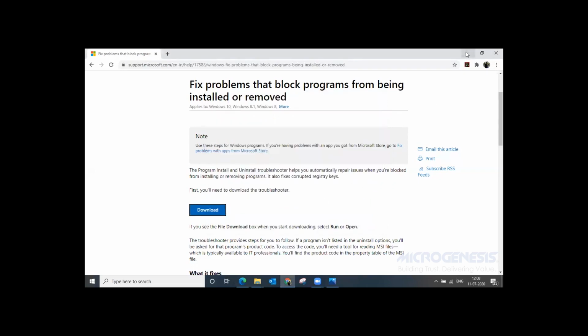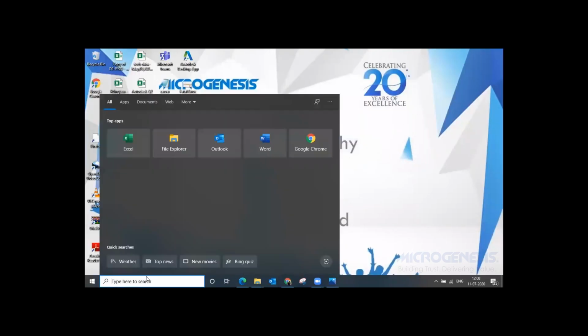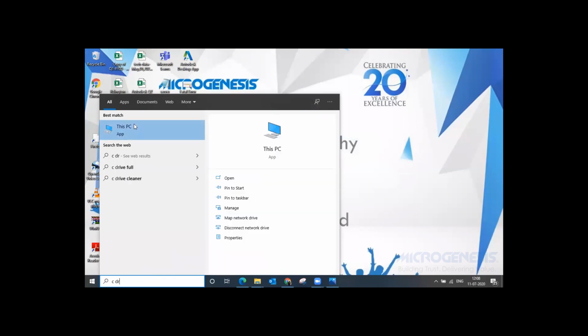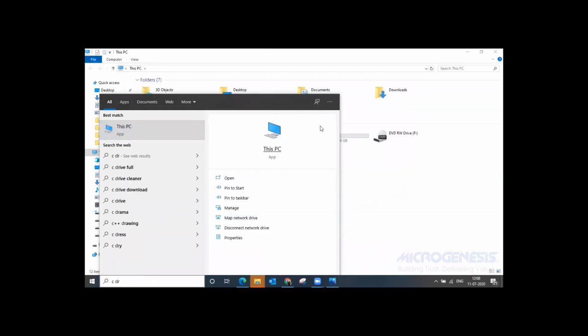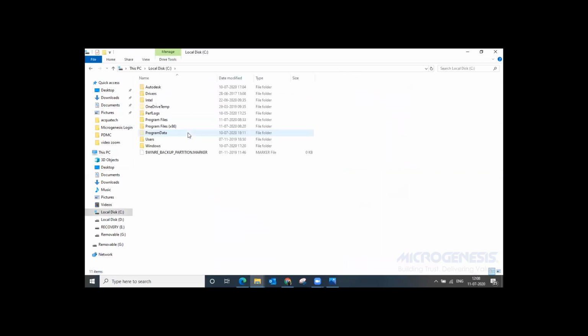Then after that, we need to delete the extracted Autodesk folder from the C drive. So go to the C drive and check for Autodesk related folders.